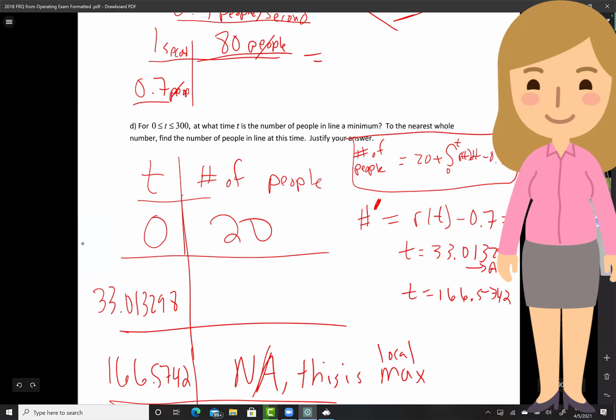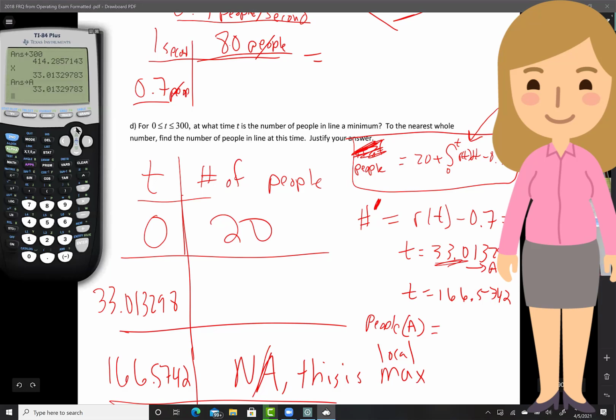Okay, let's find out how many people. I come back here and I'm going to use my equation. So if you want to say, maybe say people and use parentheses. That's your function. People at A, and now they know that I'm talking about this, equals, and let's see what I get. You know what, I remember doing it earlier. I have it up here somewhere. Look, that one right there. Enter, and I'm going to change the 300 to A. Delete, delete, delete. Alpha A. Enter. And there it is,